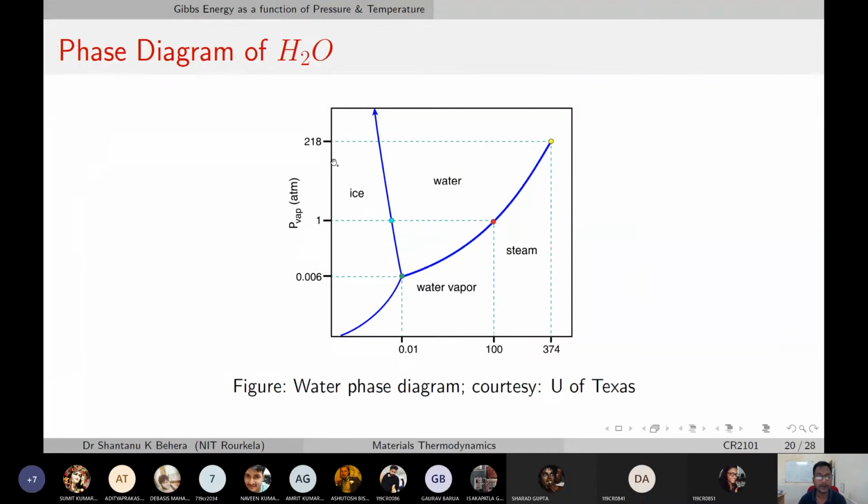Okay. So this is the solid phase. This is the primary phase field of the solid water, this is the liquid phase field, and this is the vapor phase field. And also we spoke about that beyond a certain temperature there is no distinct difference between what would be called a liquid phase and the vapor phase, and that's typically called the gaseous phase, where with the application of pressure only, you can't compress a gas to its liquid state,